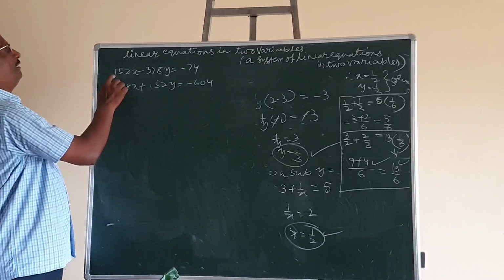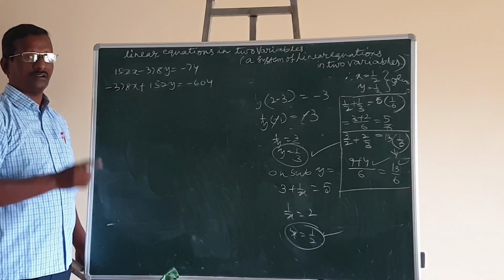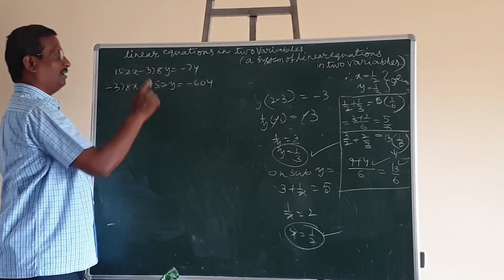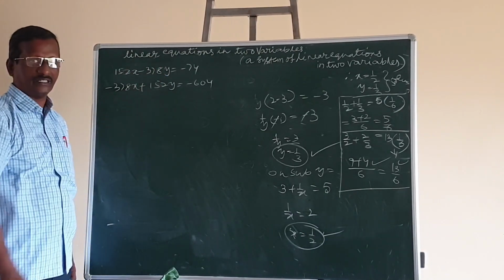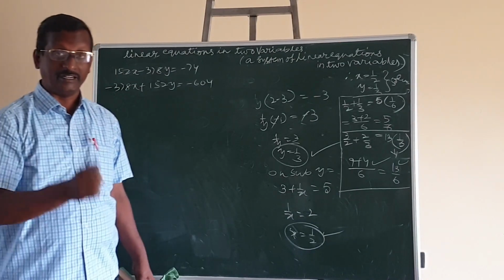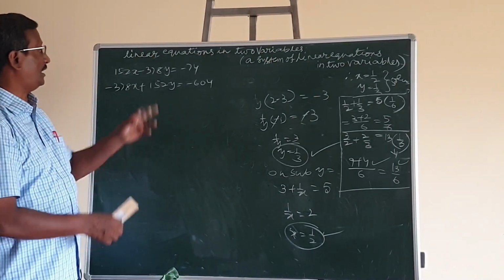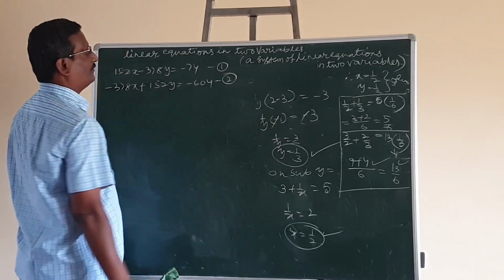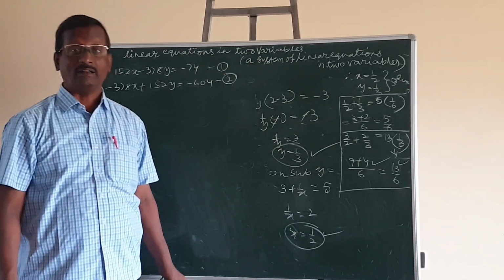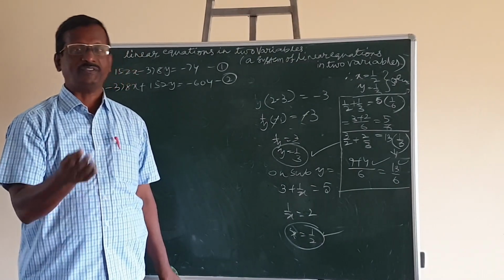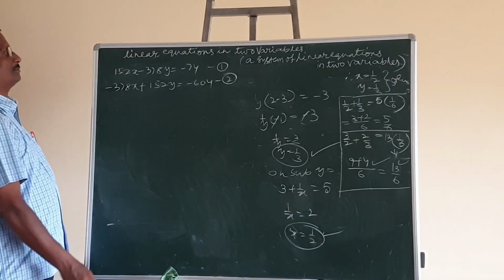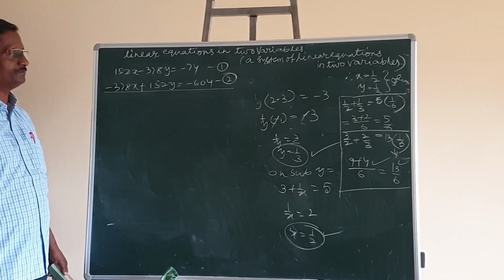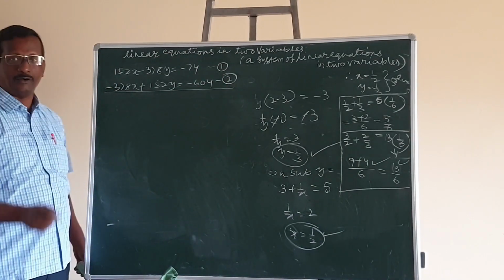We are not aware of the factors, common factors and LCM. Suppose if you try to equate the y coefficient or the x coefficient, it is needed to multiply equations 1 and 2 both with bigger numbers. For such questions, where it is necessary to multiply with big numbers to equate either the x coefficient or the y coefficient, there is another shortcut method. Here, I write the two equations as they are and then I do addition.